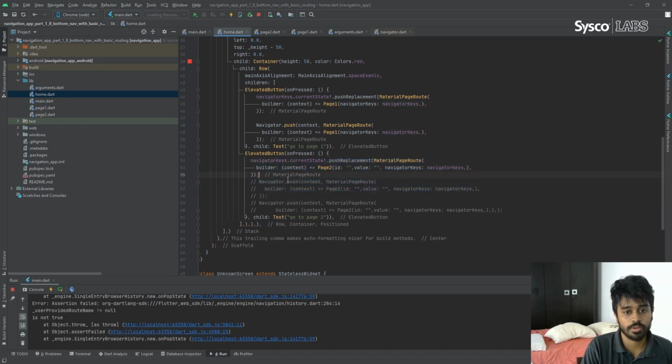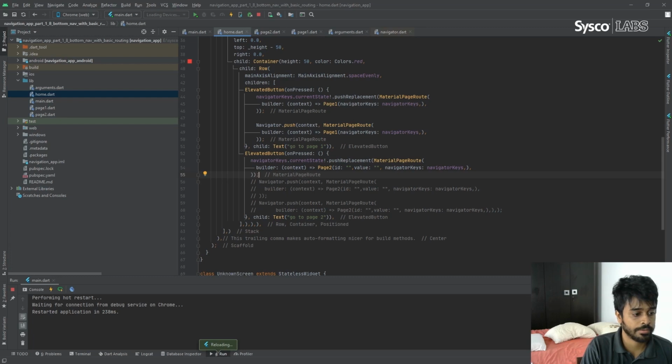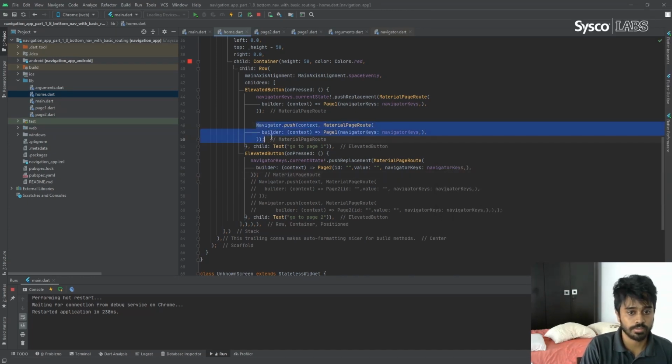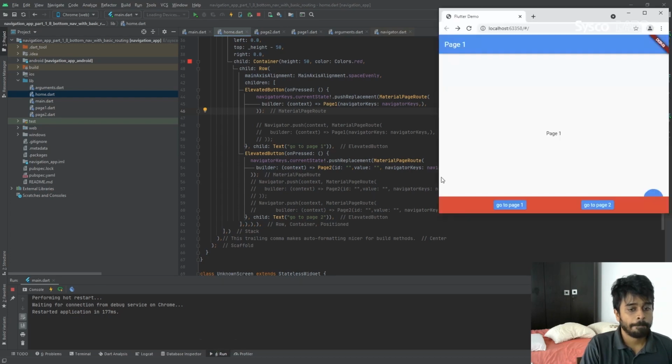So now when you comment this and run it, when you go to page 2, it will go to page 2 without replacing the screen. Okay, page 1, yeah, sorry, I couldn't comment this line now. Now when you go to page 1, it should not replace this bottom navigation bar.